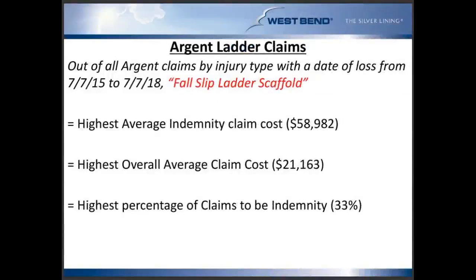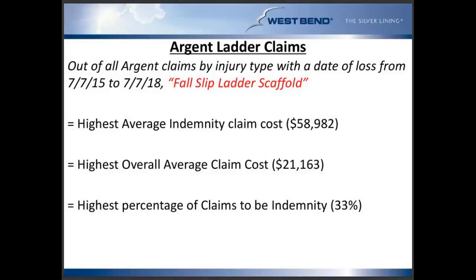When looking specifically at Argent data, about a year ago, we threw together numbers on the different causations that we see from injuries that occur to our insureds. And the data that we are looking at here today is based on July 7th of 2015 to July 7th of 2018. And when looking specifically at the causation of injury being a fall or a slip from a ladder or a scaffold, we're seeing a trend here. And the first one that we notice is it has the highest average indemnity claim or lost time claim cost of